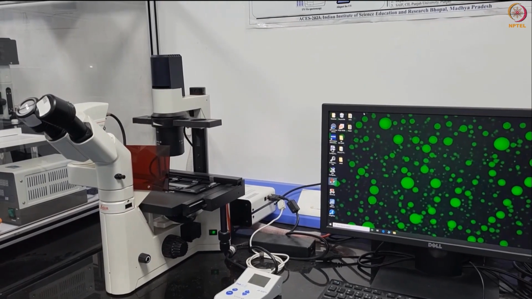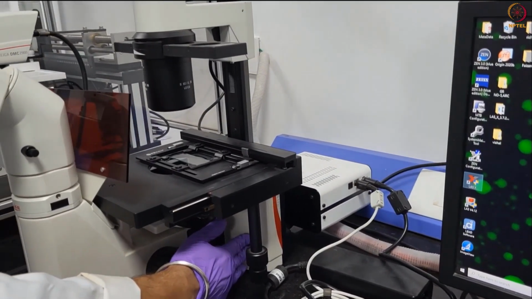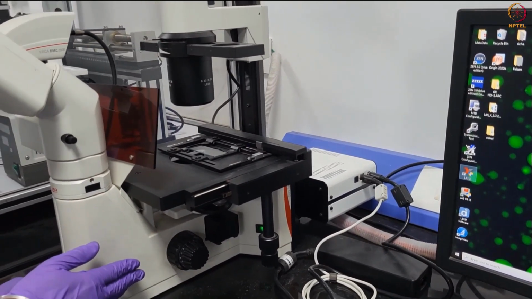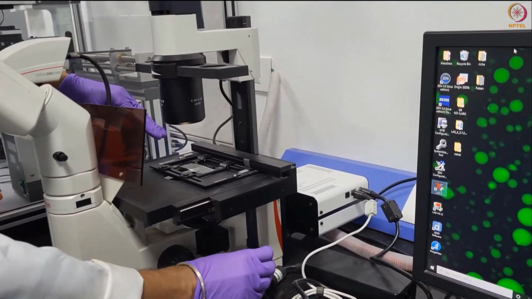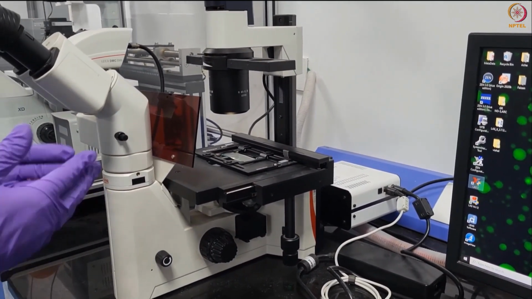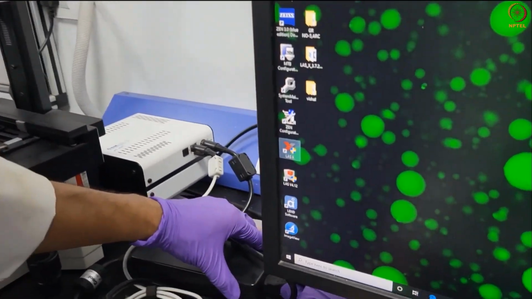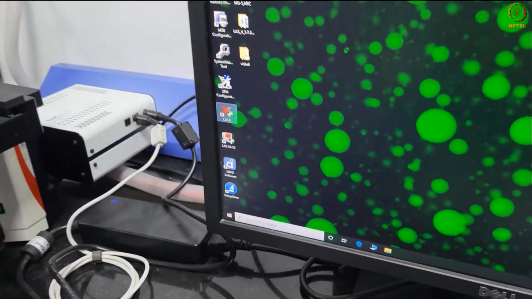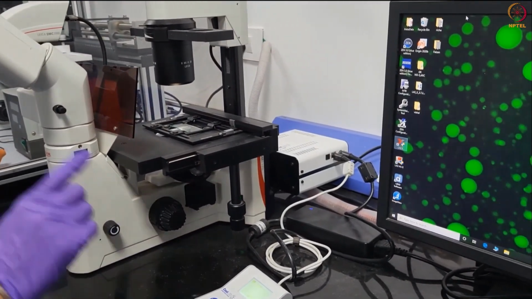Now, set the main switch on. Once the main switch is on, you can observe that the lamp will be illuminated. Here you can see. If using the system for fluorescence, plug in this cable and switch on the fluorescence power box.